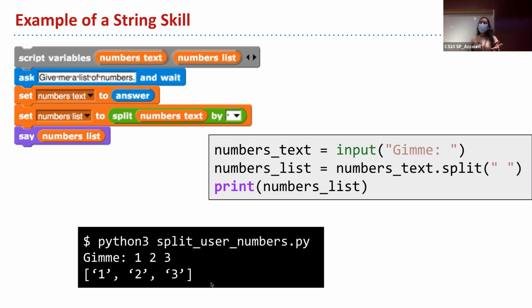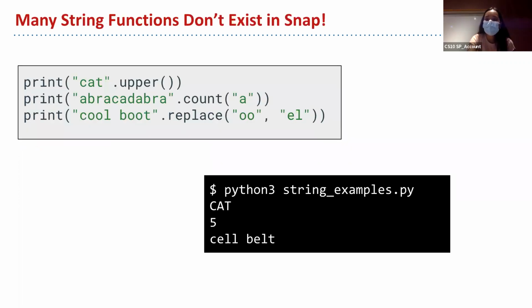So this is just one example of a built-in function. What it does is it splits whatever string it's called on. It's kind of unclear to see here, but it's actually splitting it based on whatever you give it here. So we see here that we have 1 space 2 space 3, and so it's going to split the list at the spaces. If there were no spaces between these, then everything would just be the first item in the list, because it's splitting it on the spaces. Does that make sense? Okay, cool. Let's keep going.